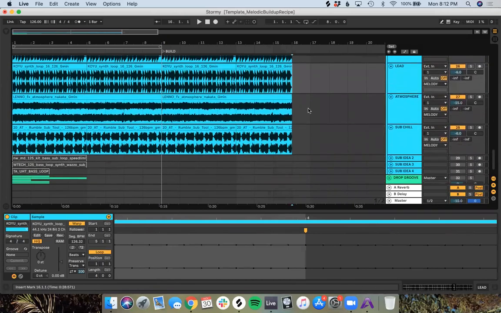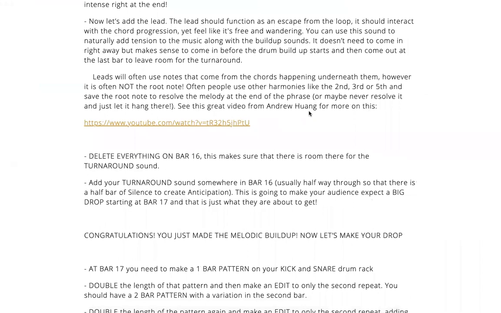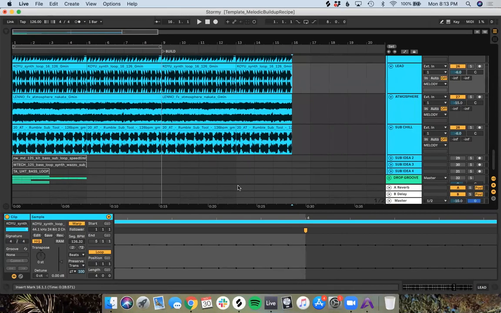It might be too much definitely happening at once, but we're going to go with it for now, and then we'll cut things back. So we're going to add the turnaround somewhere in bar 16. Usually halfway through. So there's a half bar of silence to create the anticipation. So let's add that turnaround